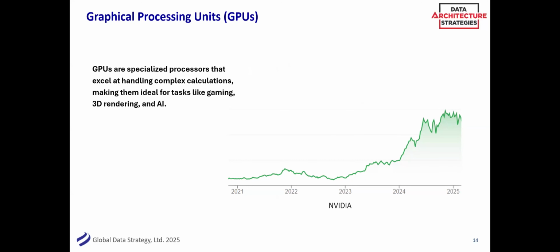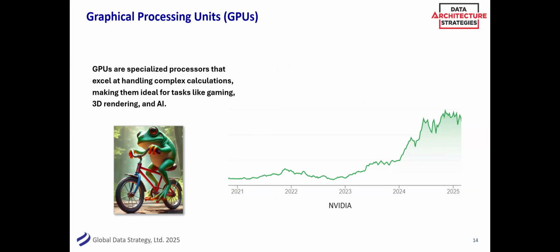You're retired. No, but the reason NVIDIA's stock price is going up is this new processing capacity, right? With a GPU, I don't know who's a gamer, but gaming software is a big driver of some of this, right? You can do this 3D rendering that helps you do things like AI processing, because these are dimensional vectors, right? This isn't just doing a simple SQL query to find a frog on a bicycle, right?